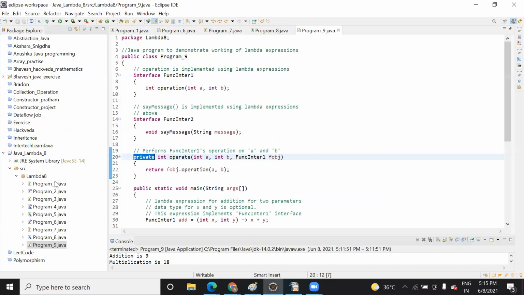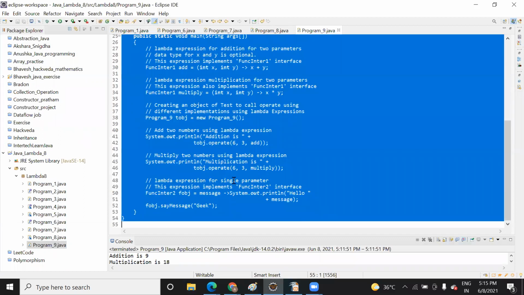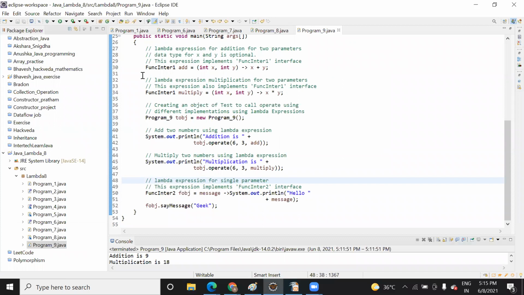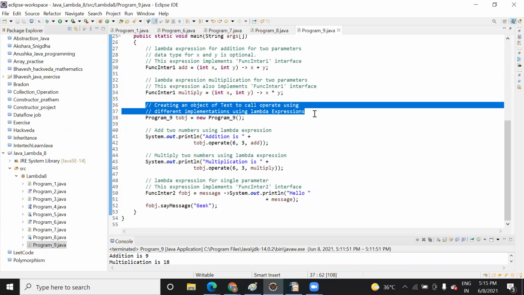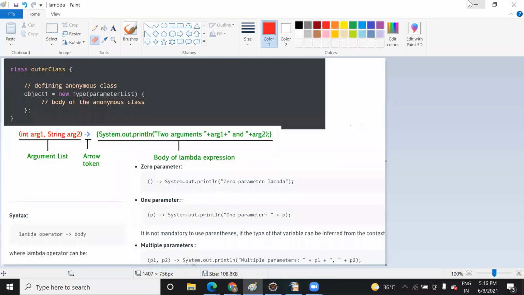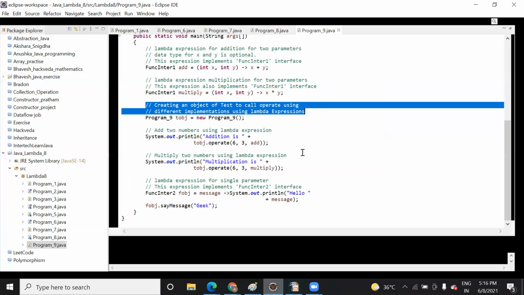I am going to share all this code after this class. Practice on this and do this program. If you do not do the other programs, that will be fine, but do this one. I have added comments also so that it is easy to understand what each particular statement or instruction is used for. When you see multiply, see where multiply is created, what value you are getting, how they are doing that. 6 and 3 will be your parameters. Multiply will be the value. So have a look at this code. I am going to share it on GitHub.